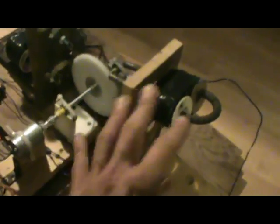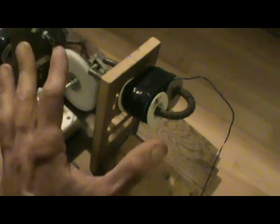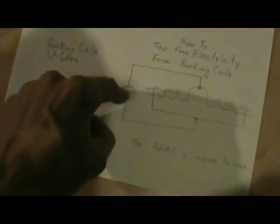Just short them out, and having them shorted out on the wheel like that doesn't impose a lens effect on it at all, to begin with, right? It's just the iron, again, for the reasons we talked about. But when you tap these two coils in between here and put a load on there, you're going to get an AC